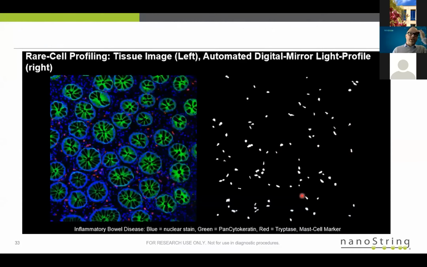And then also very exciting is the ability to illuminate one cell type. So we have single cell population capabilities. Our micromirror can illuminate down to 1 micron. So we can very easily illuminate a single cell. On the left is 3 fluorescently labeled antibodies to show us where to illuminate our UV light. And then on the right, we are illuminating the tryptase mast cell markers. And we do like to get a pool. So we can get 1 cell population